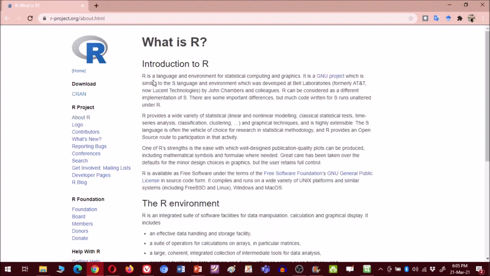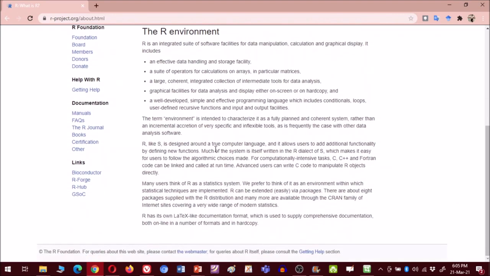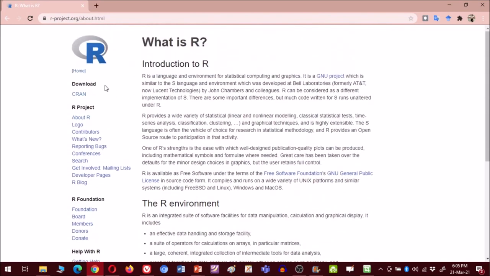It is a language and environment for statistical computing and graphics. It is a GNU project, which is similar to the S language, which was created by Bell Laboratories. And when you come down a little, you will learn about the R environment. All the information is there, you can read it. Now let us go back.